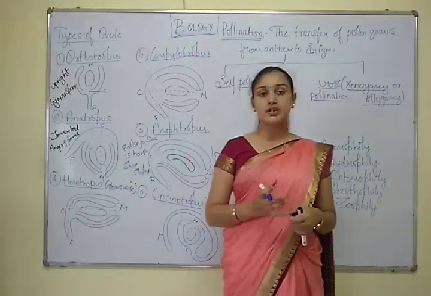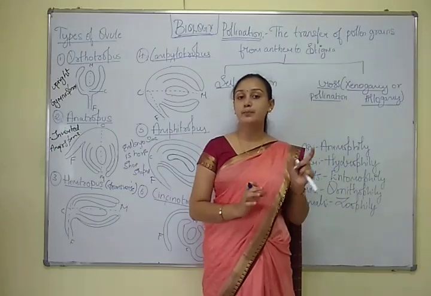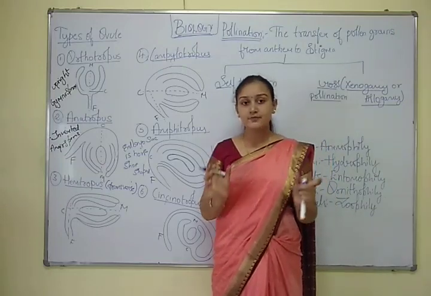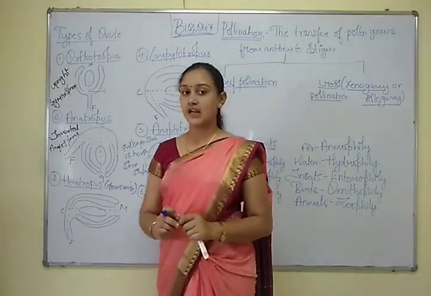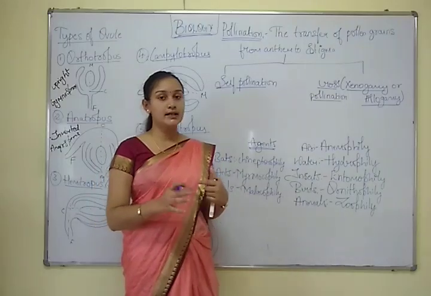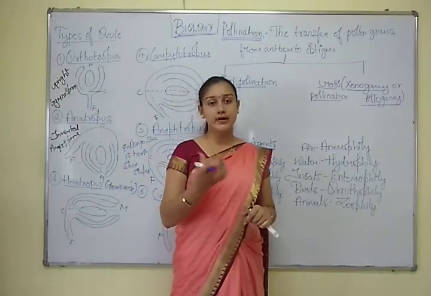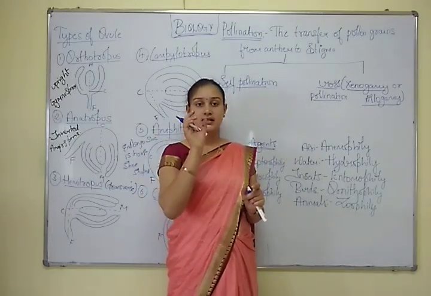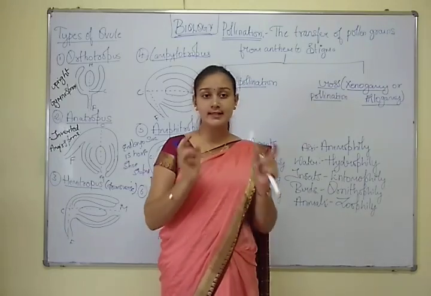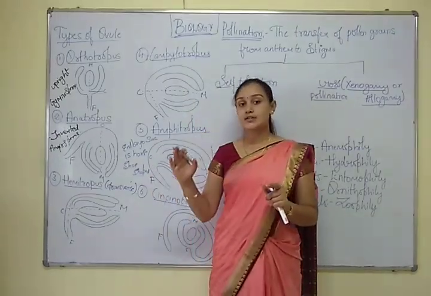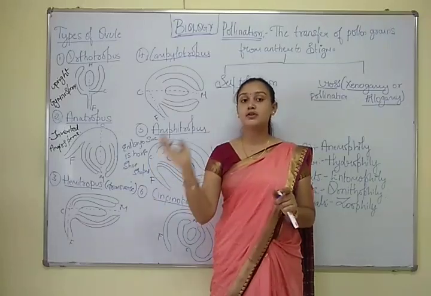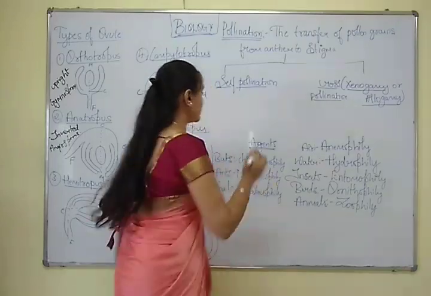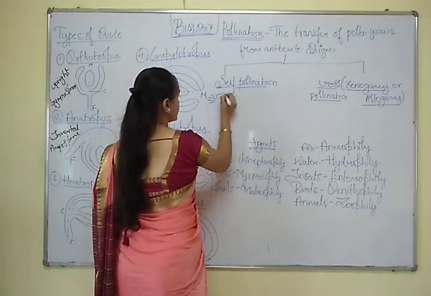Self-pollination means the transfer of pollen grains from the anther to the stigma of the same flower. It is called self-pollination. For example, in a bisexual flower like hibiscus, it has both the anther and the ovule in the same flower, right? So the transfer of a pollen grain from the anther to the stigma of the same flower is called self-pollination. Here the definition is